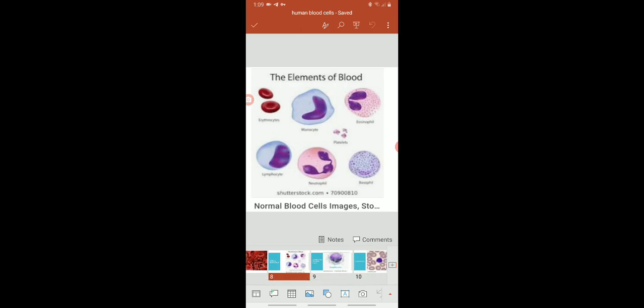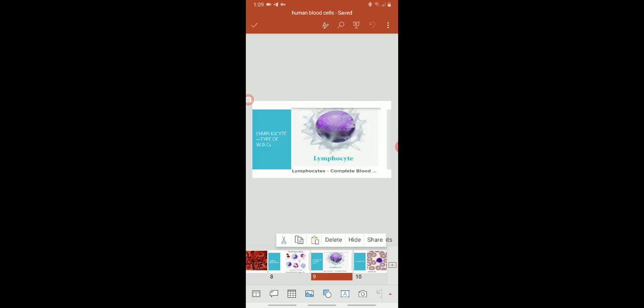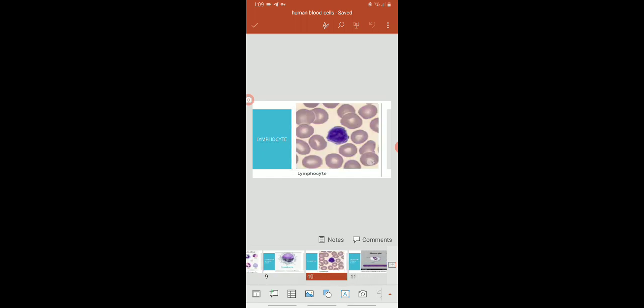Okay. Then the next image shows the lymphocyte. It is one type of WBC, and this WBC is an agranulocyte, that is, the cytoplasm does not consist of any granules. Now this lymphocyte shows a larger rounded nucleus and it is a protective cell of the body. In the next image, we can observe that it is also a lymphocyte. It is a purplish color, dark purplish color. It is a microscopic view and a single lymphocyte we can observe here.